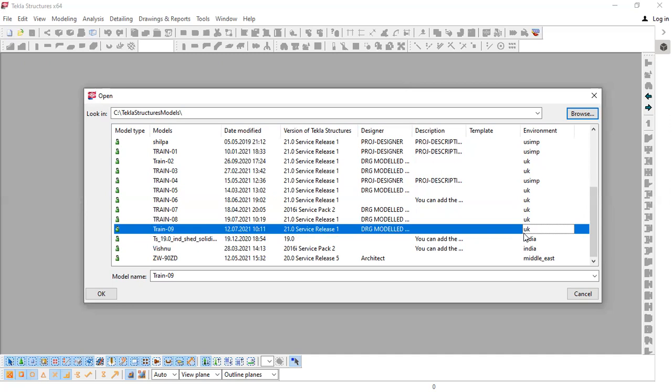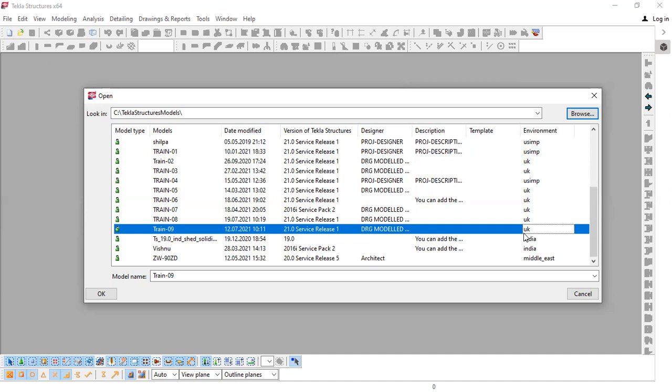Say by mistake I opened Tekla in the India environment, and in this open dialog box I saw that there is a UK environment listed for the model. At that time, what I will do, I will simply close this and I will rerun that process of choosing the configuration. And I will choose the UK environment in the environments, and then I will click OK. And then I will proceed with opening that model, right? So that is the process you have to follow for each and every piece of work related to your models. So this is how the process goes.